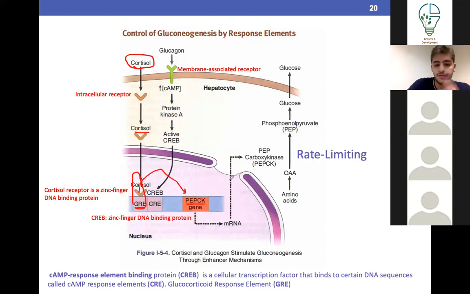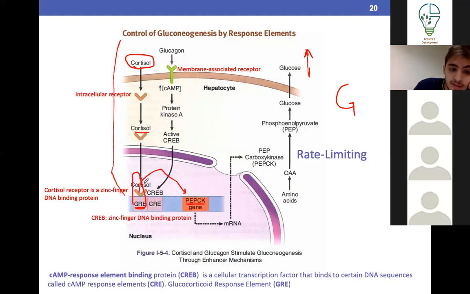PEPCK. I don't know if you took this, but PEPCK is an important enzyme in the formation of glucose, or gluconeogenesis. You usually want to increase glucose when you have hypoglycemia, when you have low glucose in the blood. So your body stimulates the release of cortisol, a stress hormone, which then binds to the enhancer and increases the rate of PEPCK. PEPCK is the rate limiting enzyme, and it produces more glucose. That's one mechanism.